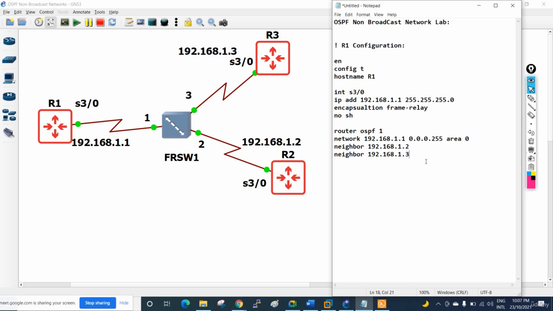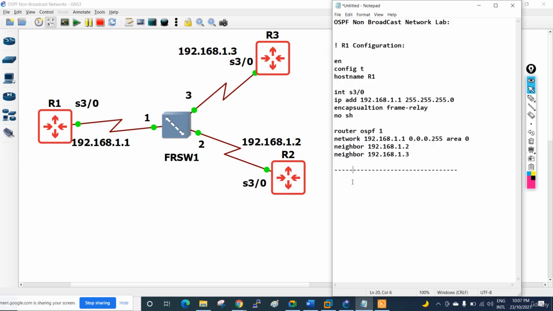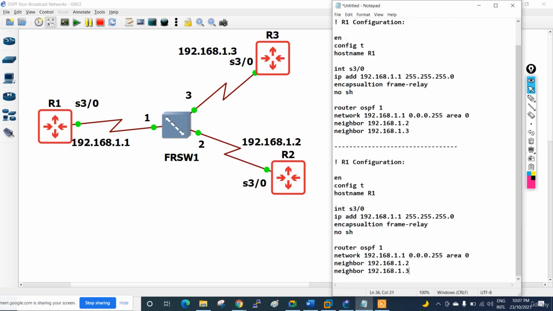Now we need to do the configuration for R2. So I will divide this page. I will copy paste the same configuration and we will modify in this one. So I will go here. Let me write here. This is a 2, and this is a 2, and this is a 2, and this one. So this remains same. This configuration is same. Here what we will write, router OSPF 1, and our IP is this one